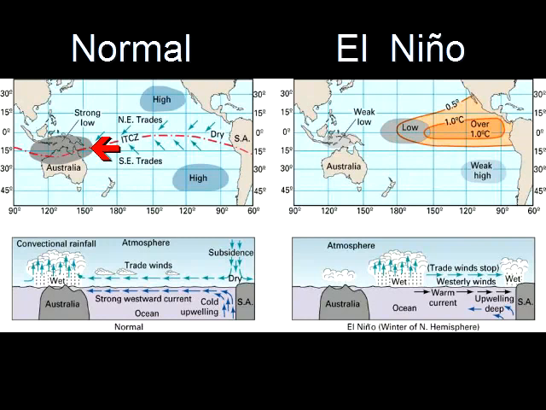and northern Australia. During the El Niño year, the low pressure moves east to the central part of the western Pacific. Strong trade winds moving the surface water westward cause the upwelling of cold water near the South American coast in a normal year. This upwelling is prevented in an El Niño year as a result of the warm surface water